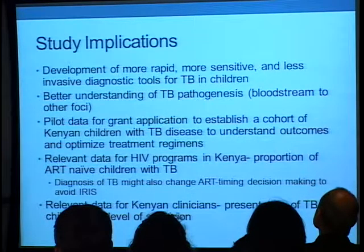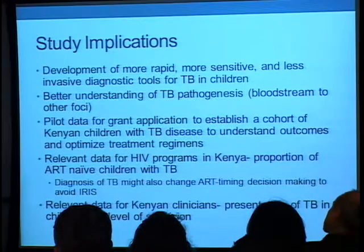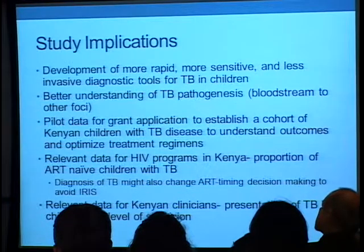And I think from a clinical standpoint, we all know who've worked in Africa that many severely ill children, if they're not better by day 2, are not dead by day 2. And in our studies, the severely ill children have about a 50% chance of dying within the first 48 hours after admission if they're malnourished and severely ill. So those that survive are often started empirically on anti-tuberculosis therapy pretty quickly. And then they're continued on. And we don't know how many of them actually have TB, but